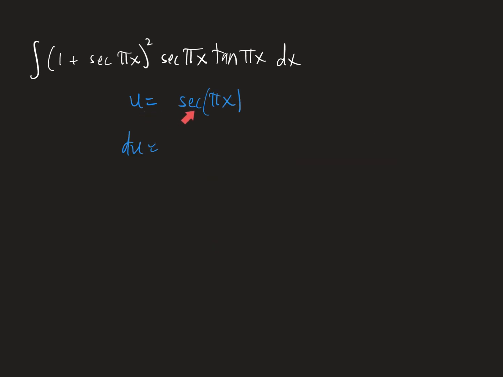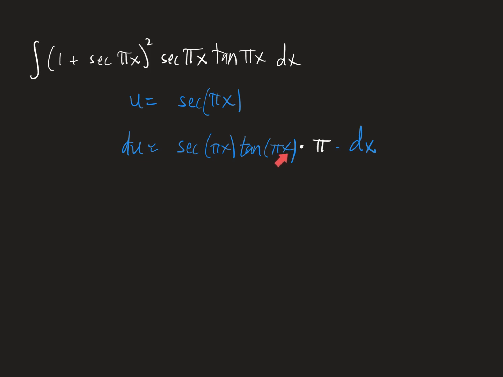So let u equal secant of pi x, and then the derivative is going to give us secant tangent of pi x for each of those. Here we go. The derivative of secant is secant tangent, but don't forget the chain rule. The inside function is pi x, so the derivative of pi x is pi. And